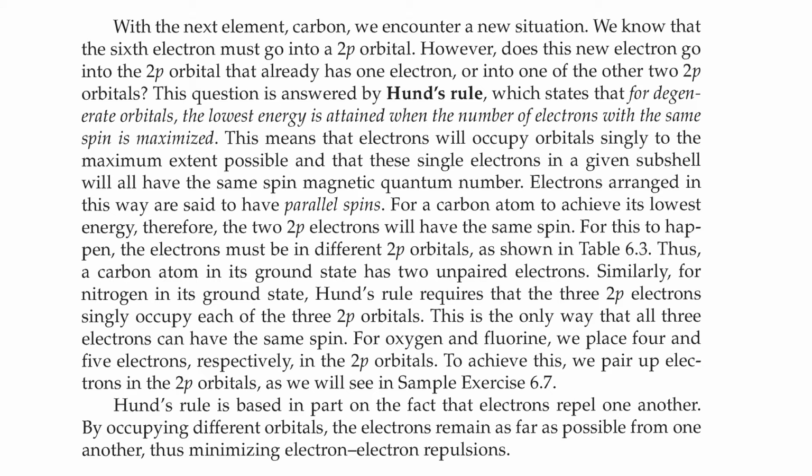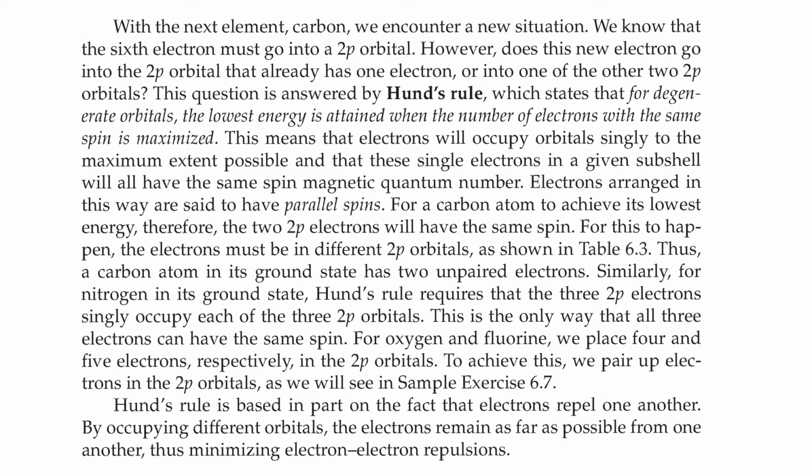With the next element, carbon, we encounter a new situation. We know that the 6th electron must go into a 2p orbital. However, does this new electron go into the 2p orbital that already has 1 electron, or does it go into the other 2p orbitals? This question is answered by Hund's rule,